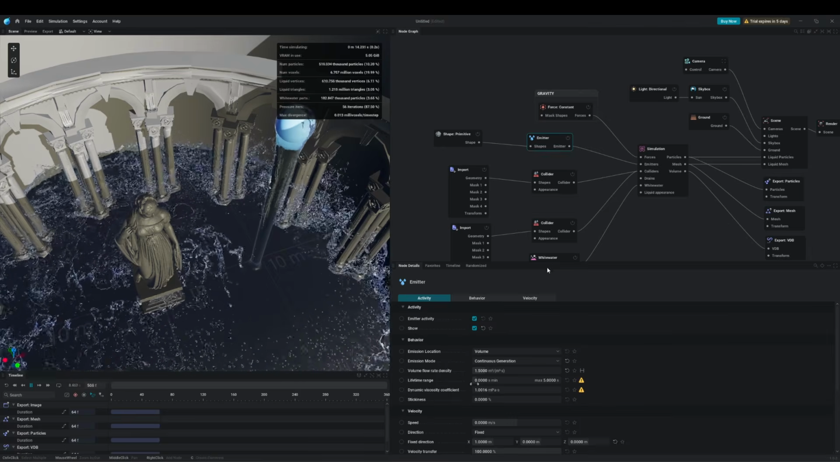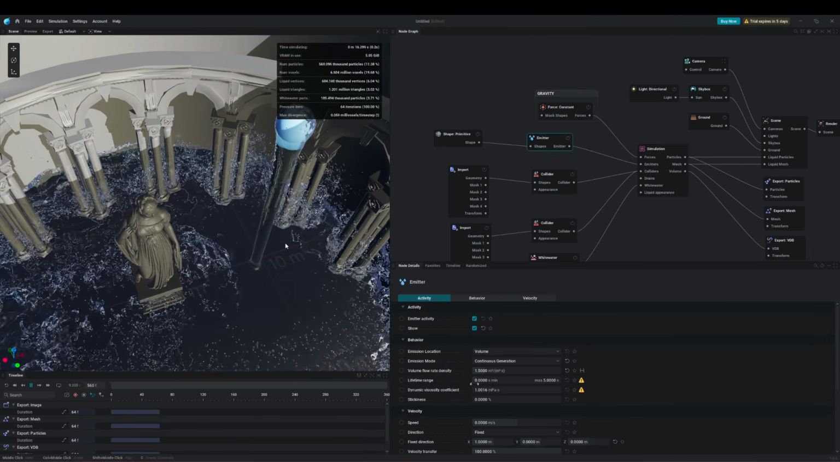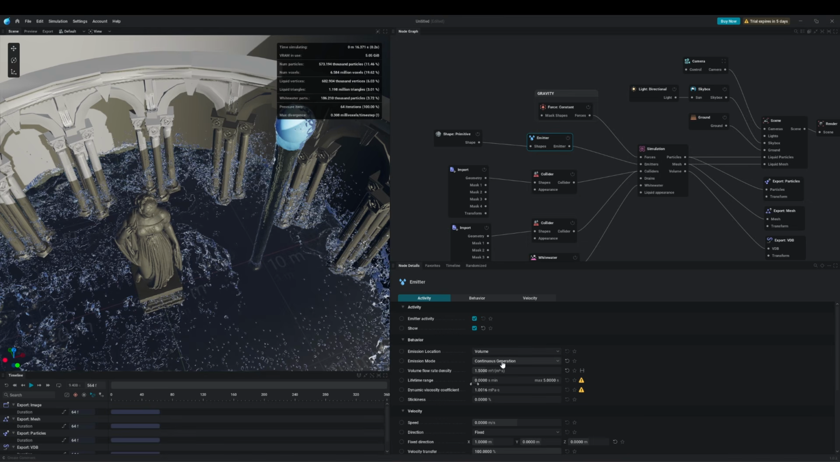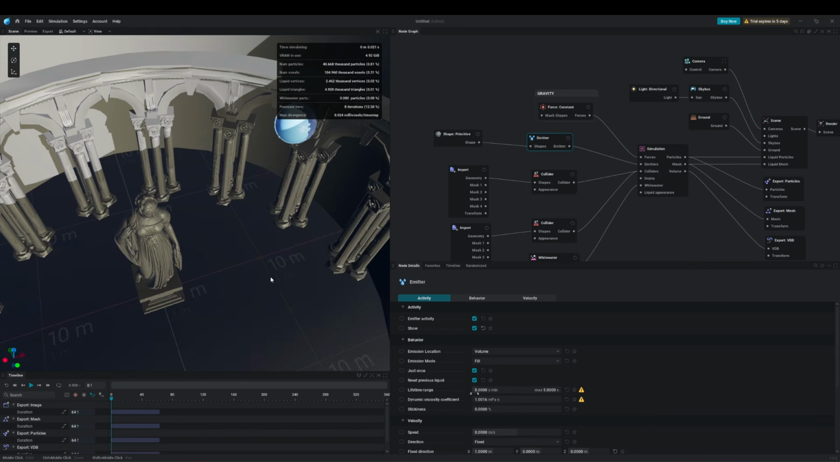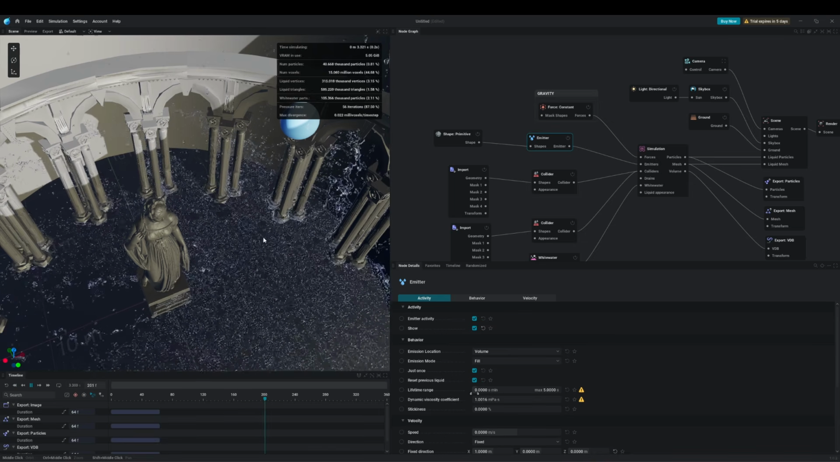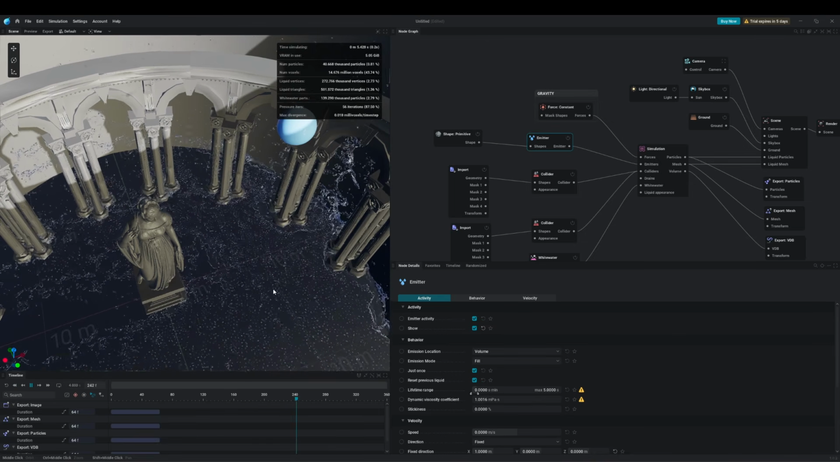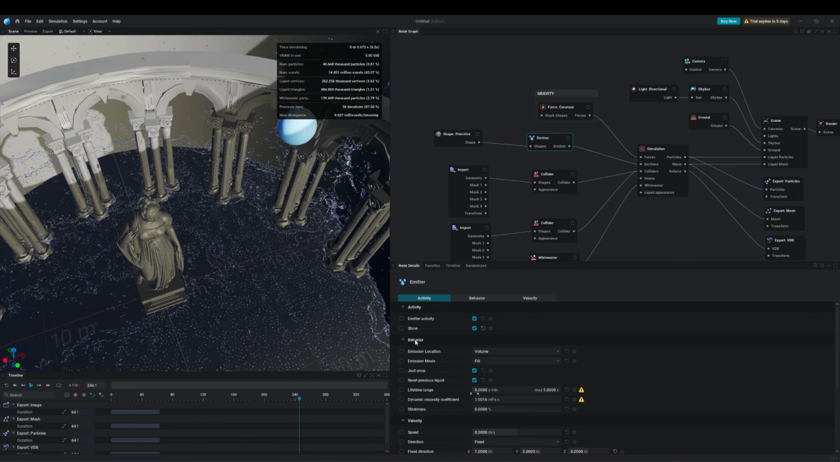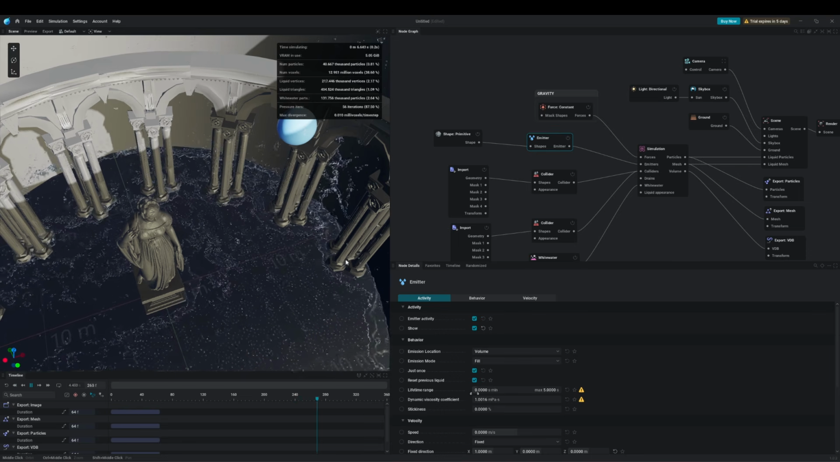So in the emitter, let me just stop it, we are going to change from continuous generation to fill, and then make sure that just once is checked. Now if we press play, there's only one water simulation calculated, and then it stops. Now the water at the moment is still not getting killed basically,